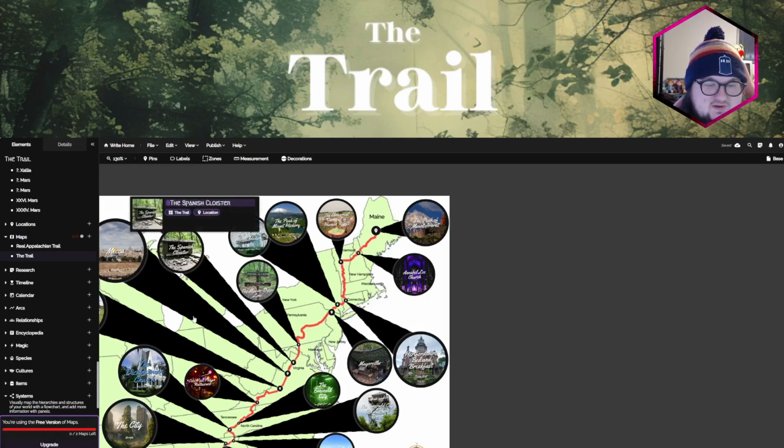And I named this the Spanish Cloister after, I think, a short story called something of the Spanish Cloister. I can't remember. I've read it, but basically I wanted to tie in that mythology of the scary Gothic monk story into this location here. I haven't written that part yet, but that is my plan. There's the Mason-Dixon line, so that's an actual location, obviously, in the real world.